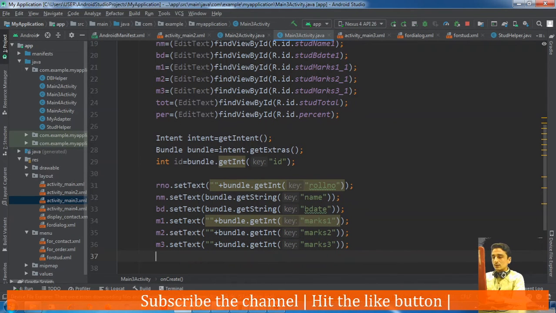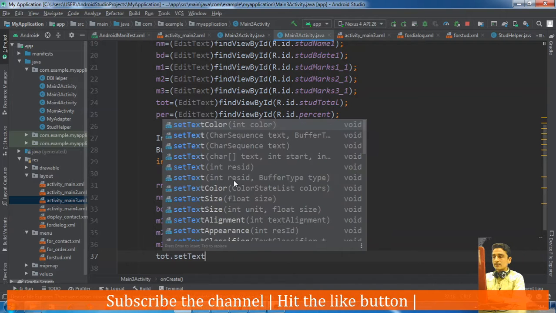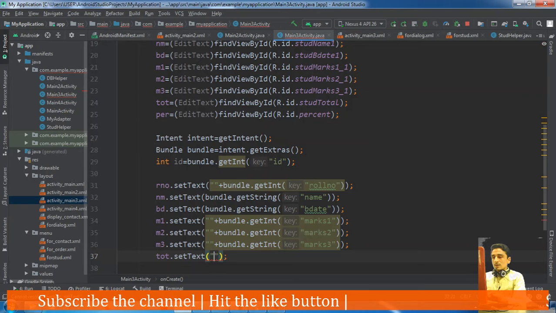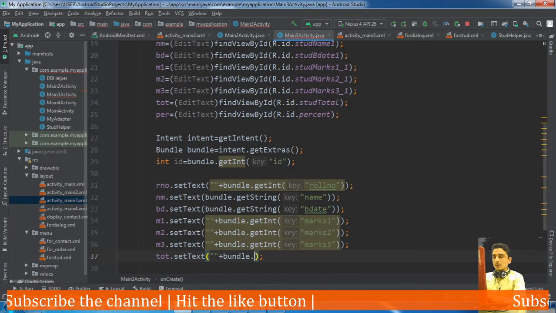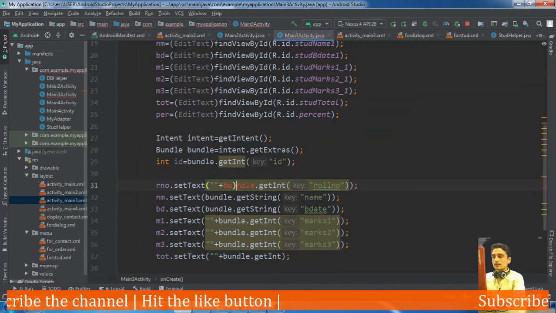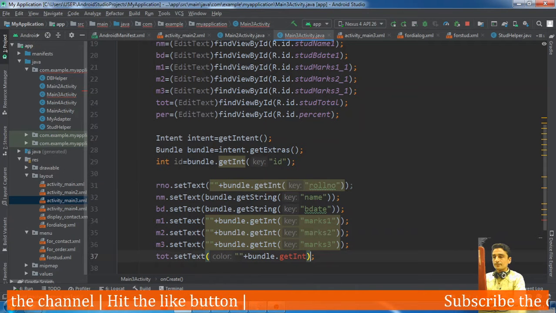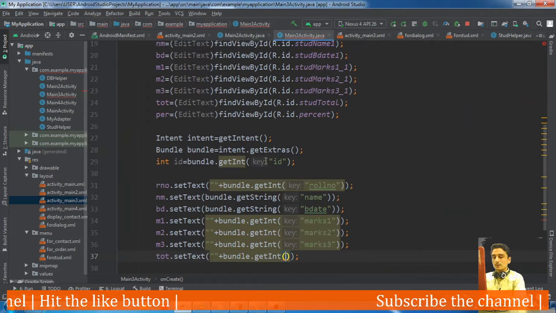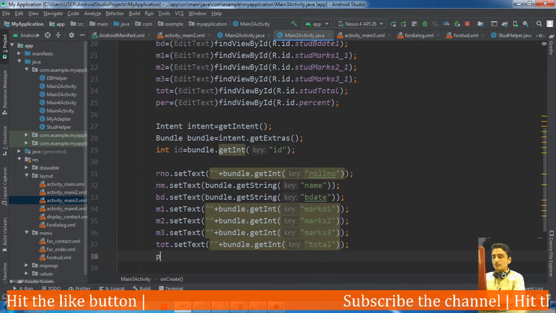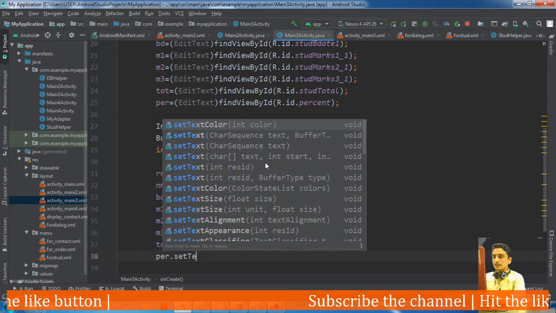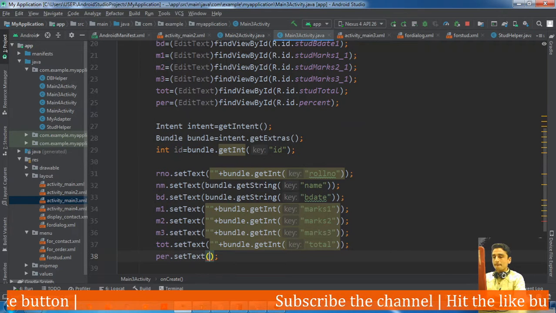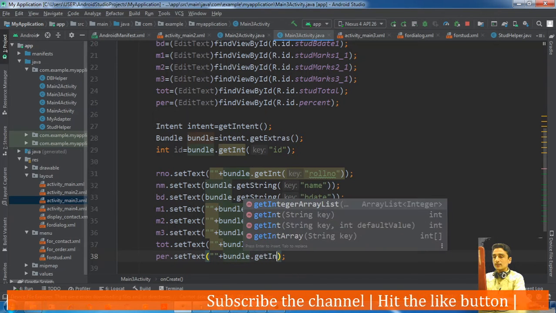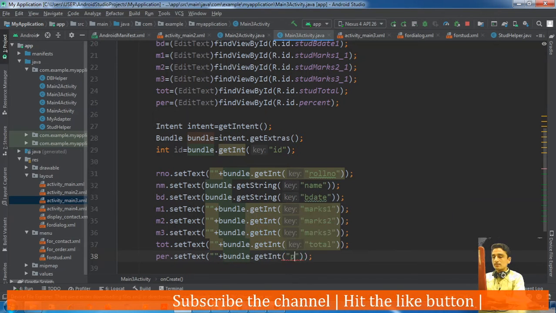Then total dot set text should be bundle dot get integer total, and for percentage dot set text, bundle dot get integer percentage.